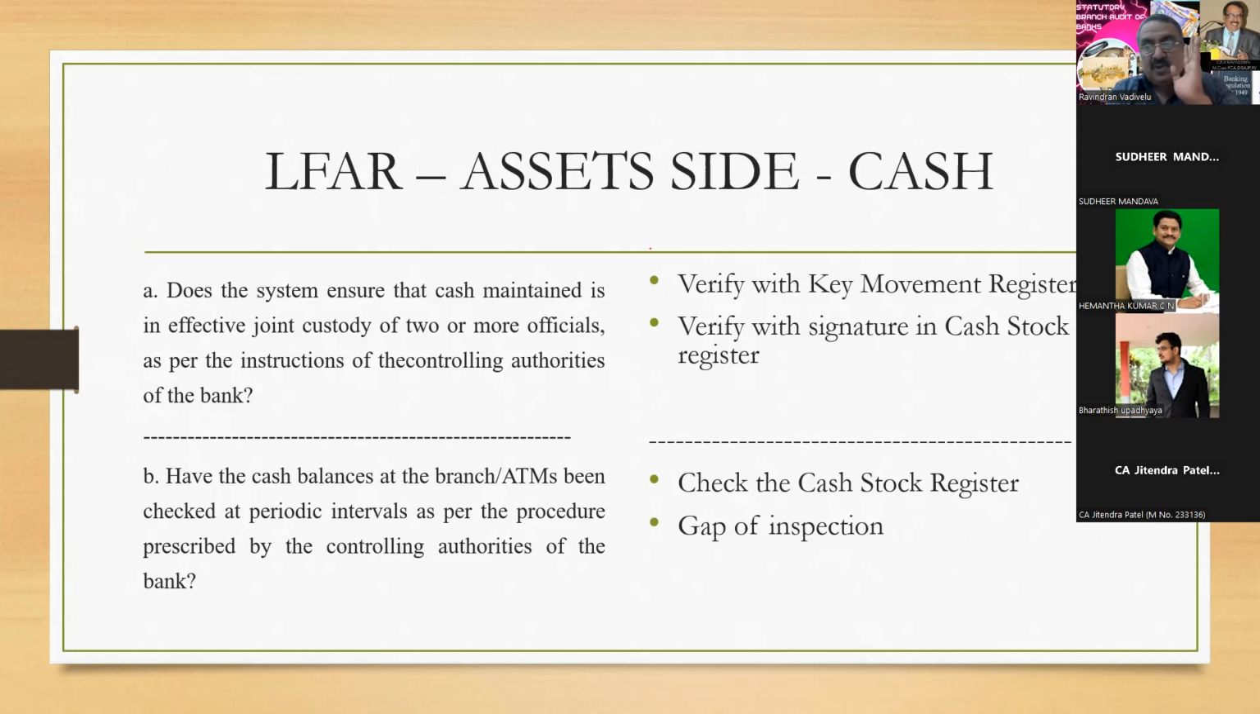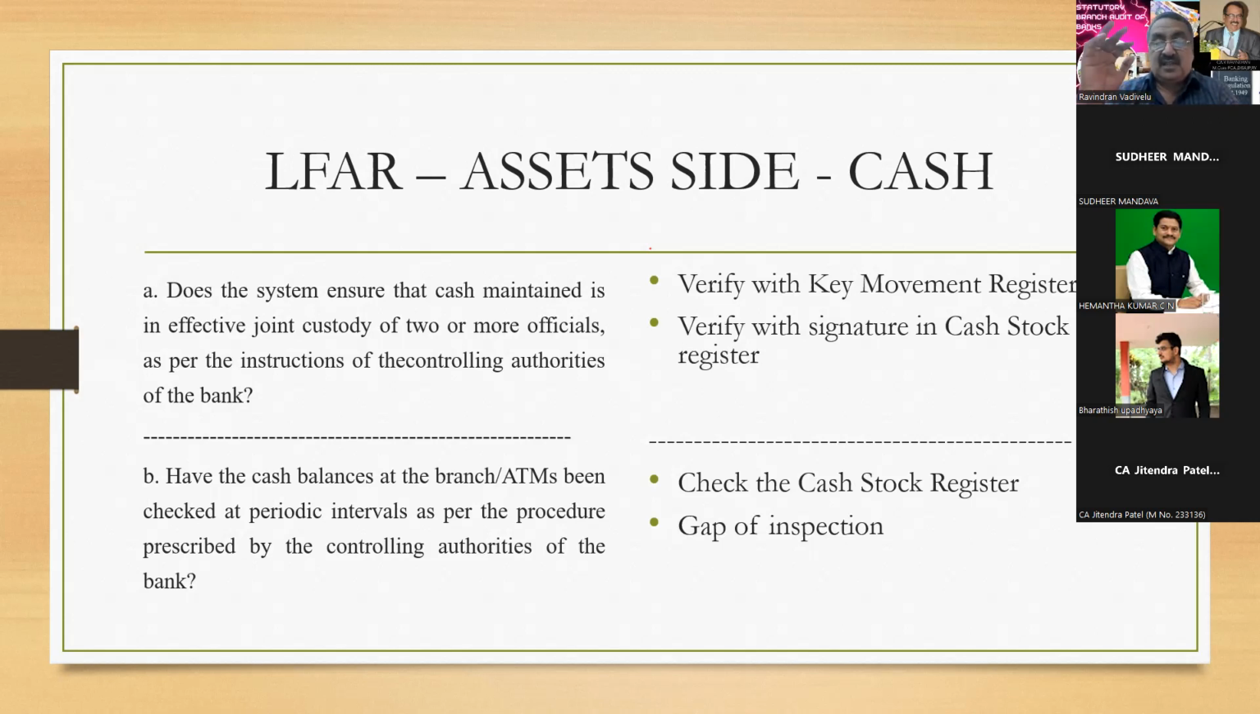This is also another audit point. You can get this from the cash stock register because this is specific. They say whether the same has been checked properly at periodic intervals. This you can check from the cash stock register. In that, the manager has to verify the cash and put his signature in the cash stock register. And once in 3 months, an official from another branch